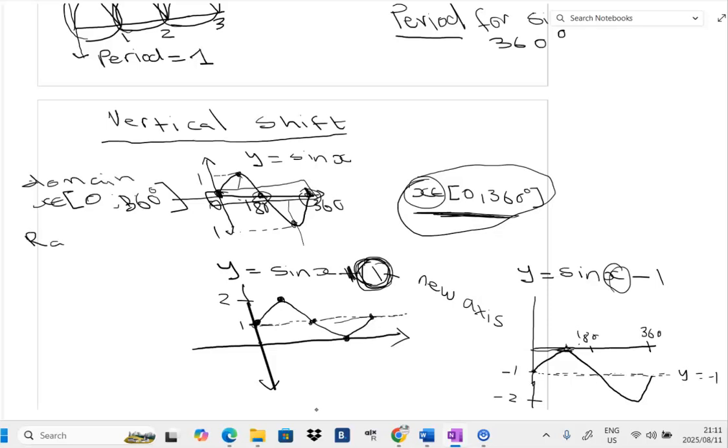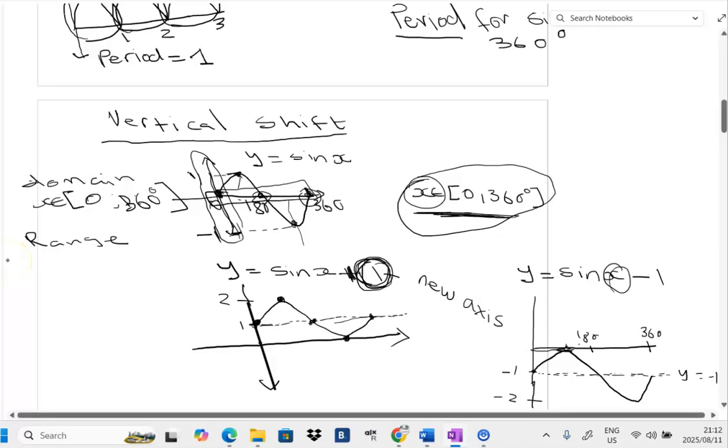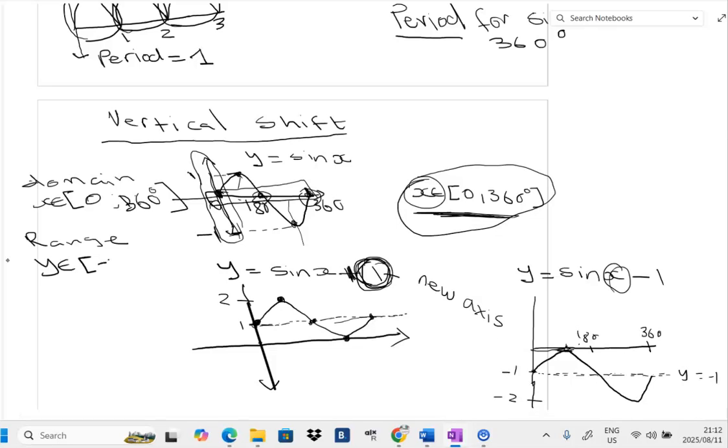Okay, the range is all the possible y values of the function. So this is where you find the range on the y-axis. These functions have the minimum at -1 and also have the maximum at 1. So all the possible y values of these functions is from -1 to 1. Okay, so we can move on